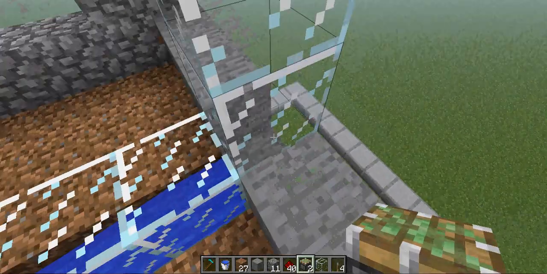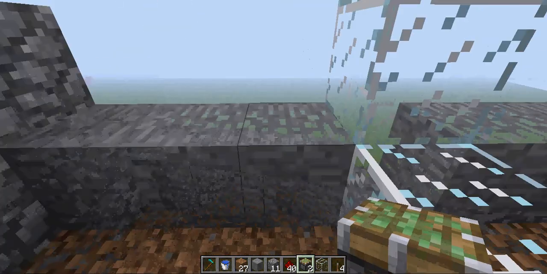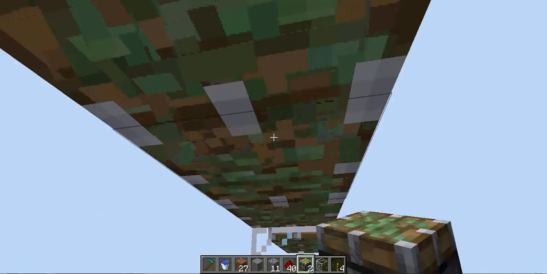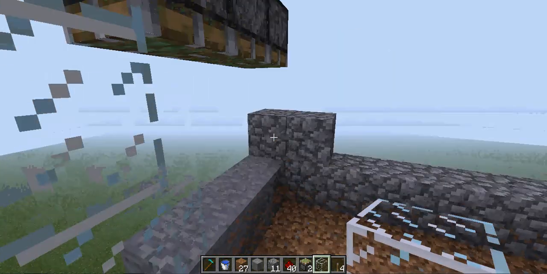So then you build a tower in the middle that's 3 higher than this, and you place sticky pistons along the top. If you're using normal pistons, you'll make it 1 lower than this, but I prefer to use sticky pistons for the reason I mentioned before. Then what you need to do is place a block below it, which it will push up and down